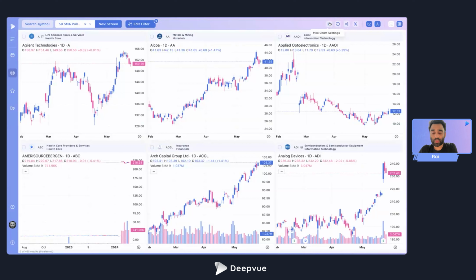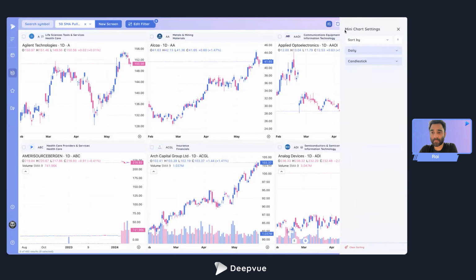So when you hover over them, they will give you a tooltip. So it'll say, hey, mini chart settings. If I click that settings, you could sort these mini charts by any data point that you wish. So you could sort by earnings, sales, etc. So all these data points you could sort by